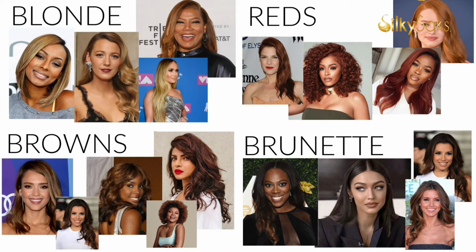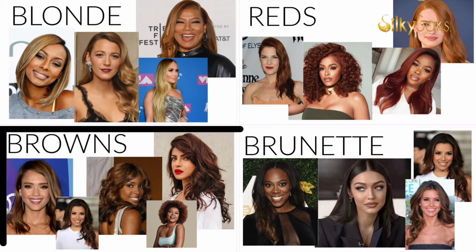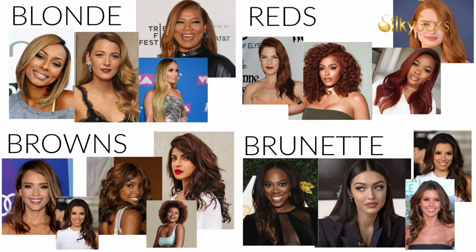If you can see, all these women are really giving a beautiful glow, even with the lighter, paler skin. Those deeper coppers really, really pop. So you want to play with copper colors, 30s, 27s. When it comes to the browns, you want to stick with your caramels, chestnuts, dark chocolates, mushroom browns, dark amber, maple colors, golden browns. You want to stick to your 2s and those lighter brown shades when you rock brown